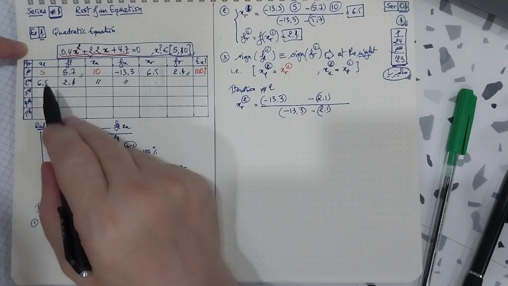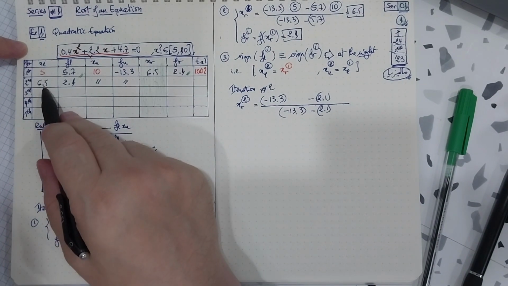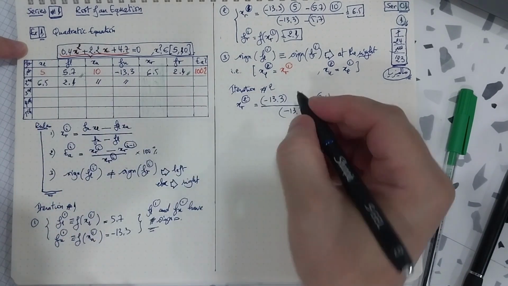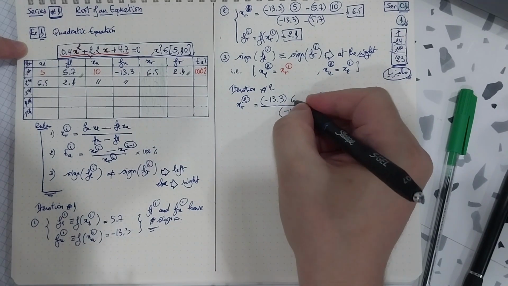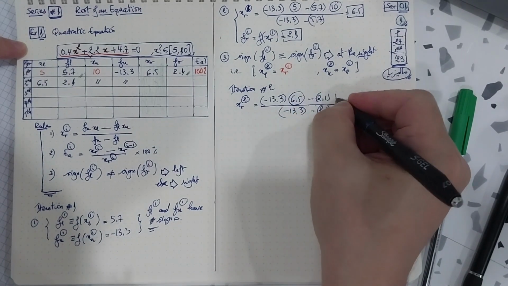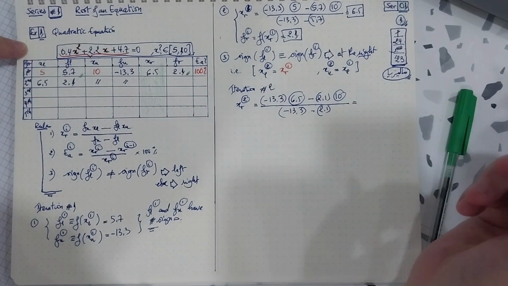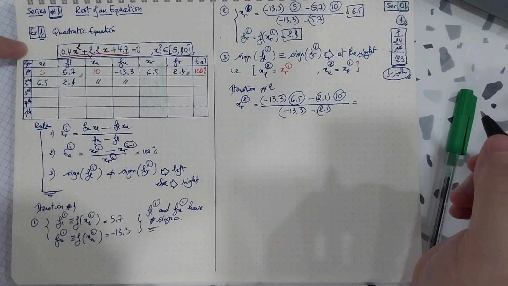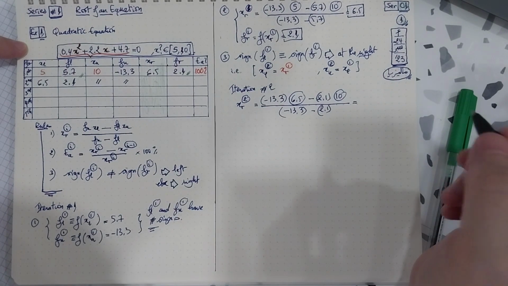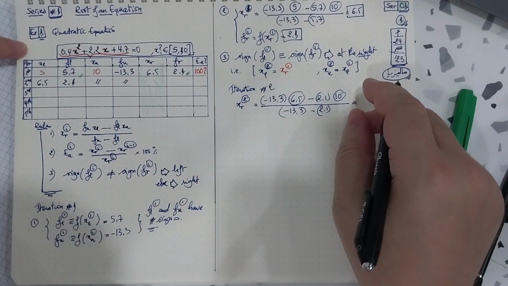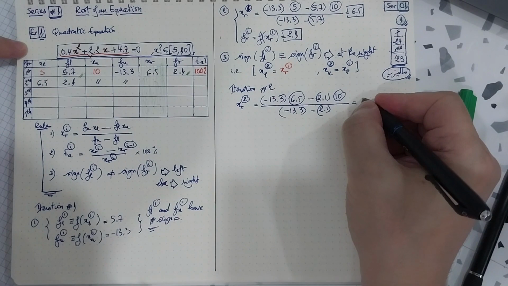And for the x's, it's not 5, it's 6.5 and 10. With the calculator, you can try with me. You can pause, of course, and we will find